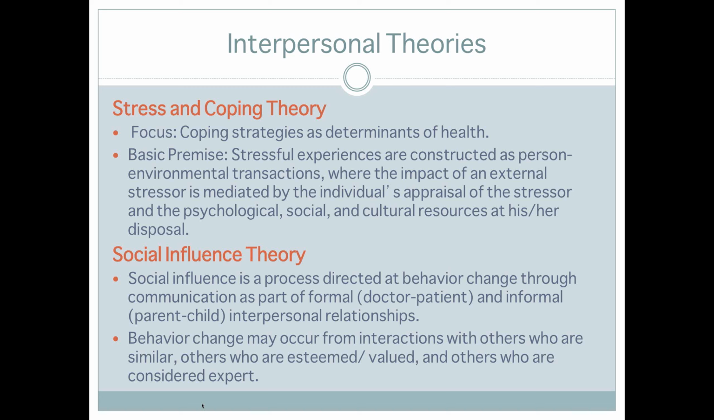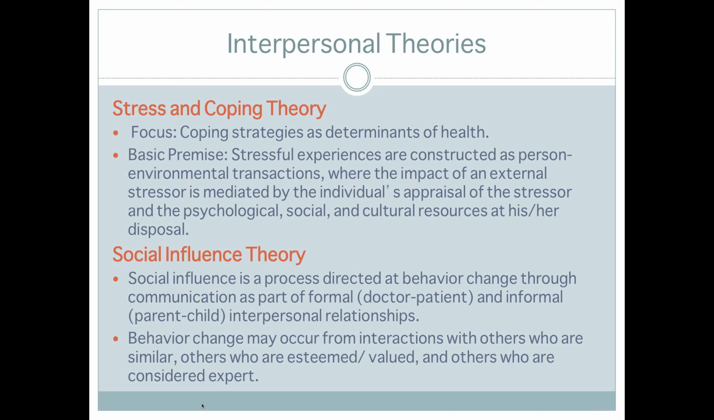So there's an external stress, and in stress and coping theory, the individual appraises that stress and appraises all of the resources they have to either prevent or manage that stress, and they utilize those strategies to cope with the stress and reduce it. In social influence theory, social influence is a process that's directed at behavior change primarily through